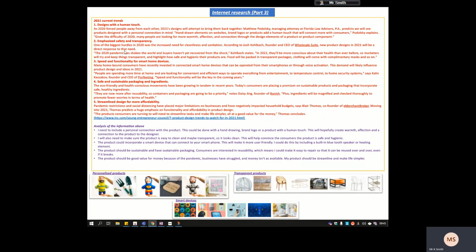So the next type of research is current trends. I've been on the internet and found some information about 2021 current trends. Design with a human touch is the first suggestion, and this is the website that I got it from, and it says 7 design trends for 2021. As 2020 forced people away from each other, in 2021 designers will attempt to bring them back together. Matthew Podolsky